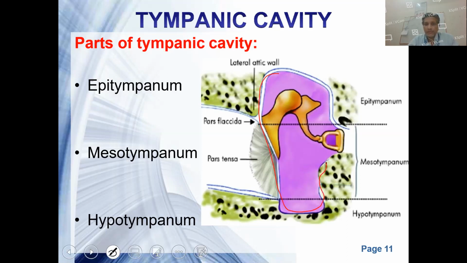These are all bony walls all together. This is the roof of the middle ear, and this is the lateral wall of the middle ear. The lateral part is bounded by the tympanic membrane. It is the only wall which is collapsible, which can give away. All of the middle ear is surrounded by bony structure throughout, be it the floor, the medial wall, the roof, the anterior wall or the posterior wall. The lateral wall, that too an incomplete lateral wall in the form of the tympanic membrane, is a collapsible wall, collapsible in the sense that it can give away in case of an infection.